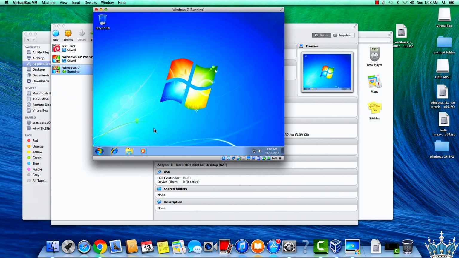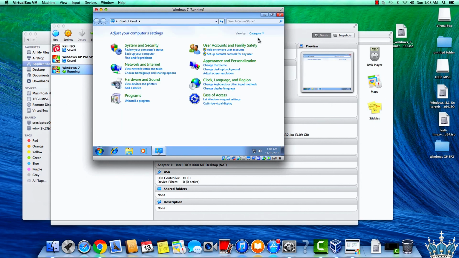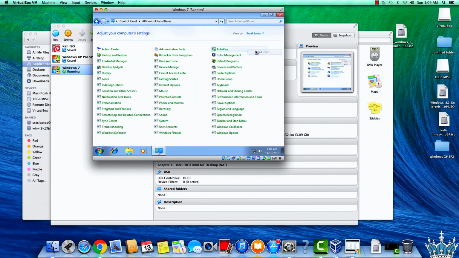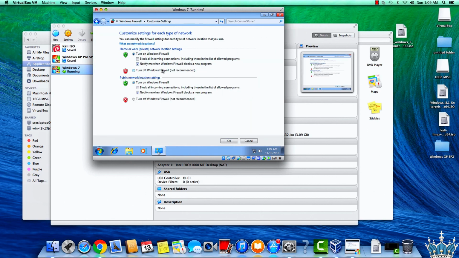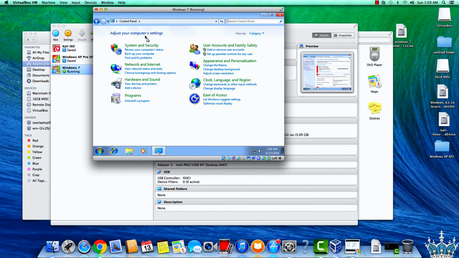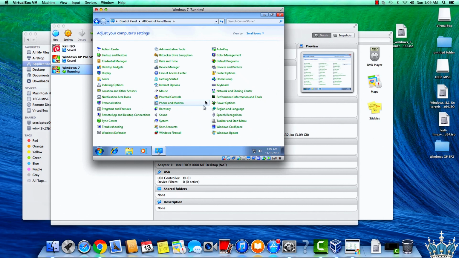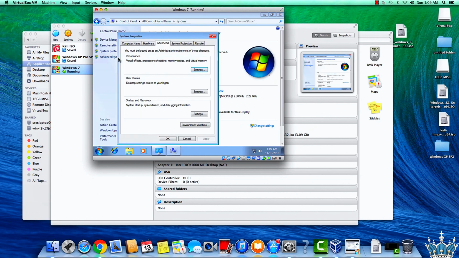All right, let's just make some last minute configuration changes and then you guys will be good to go. I'm going to turn the Windows firewall off. And go back to control panels. Under system, under advanced system settings,